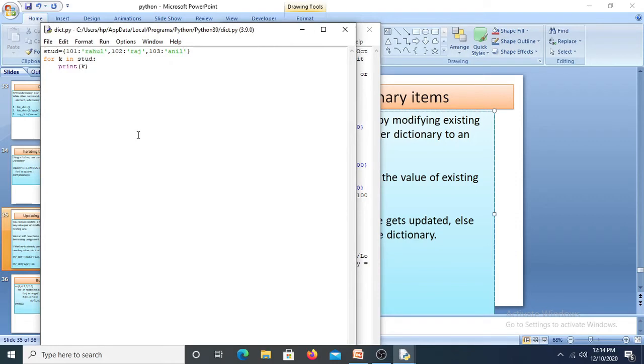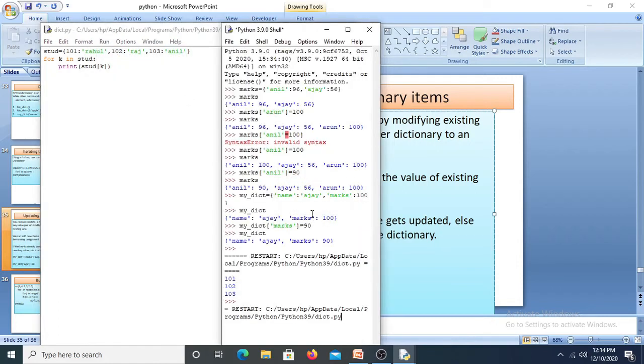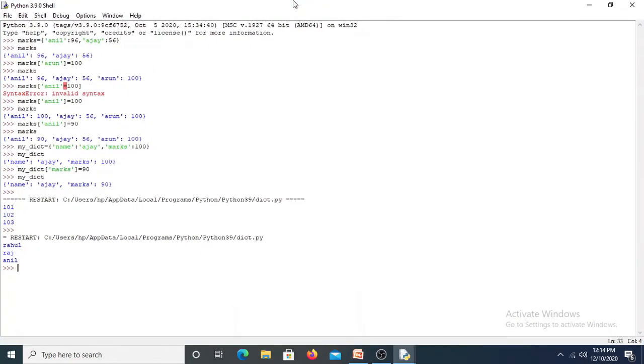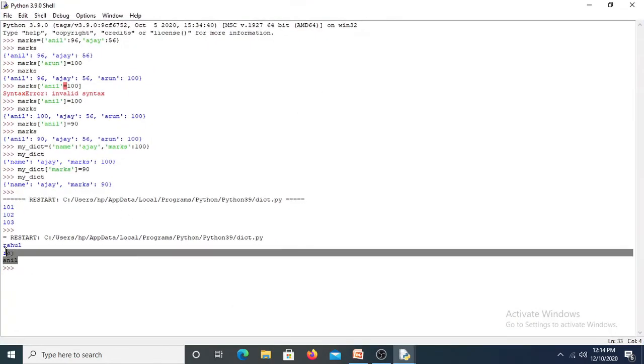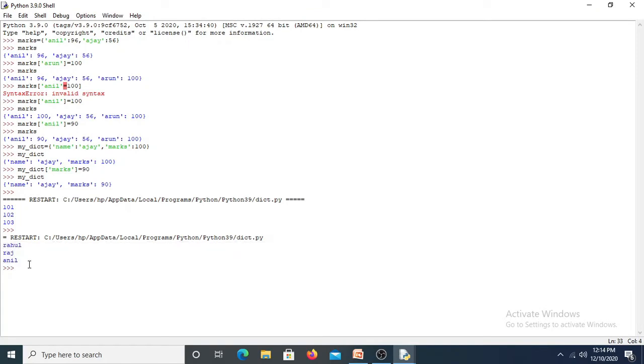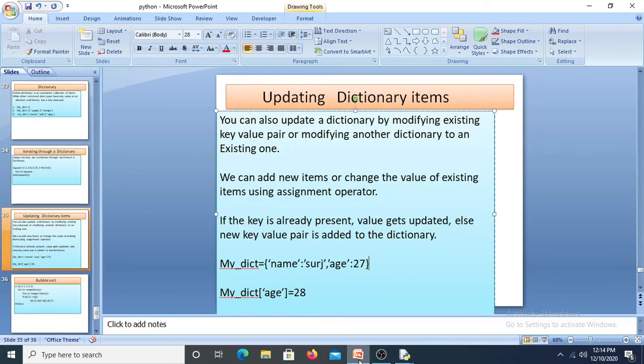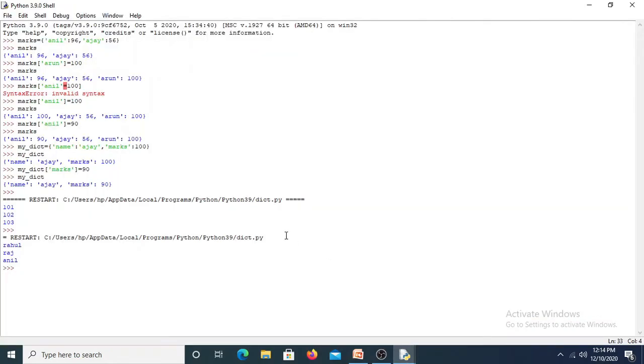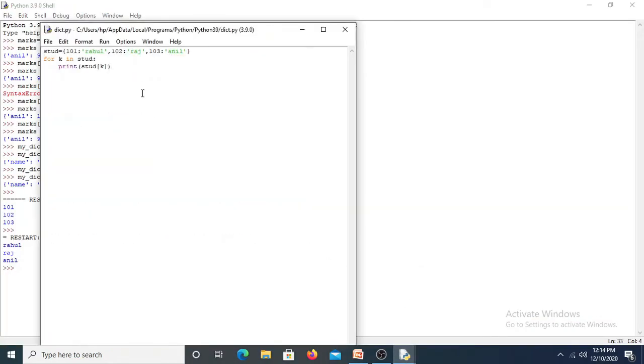For this you need to pass std of k here. So let us run. Now you see the value is displaying, right? So this is how the dictionary works in the for loop.